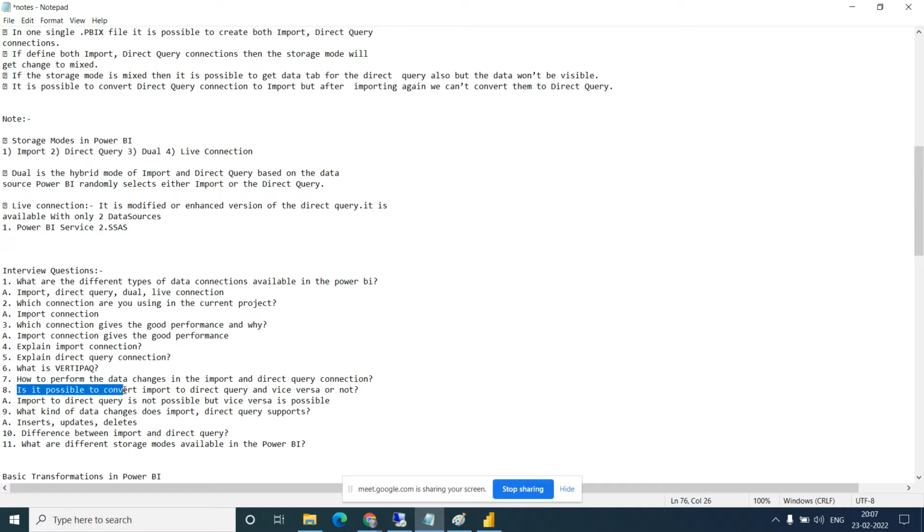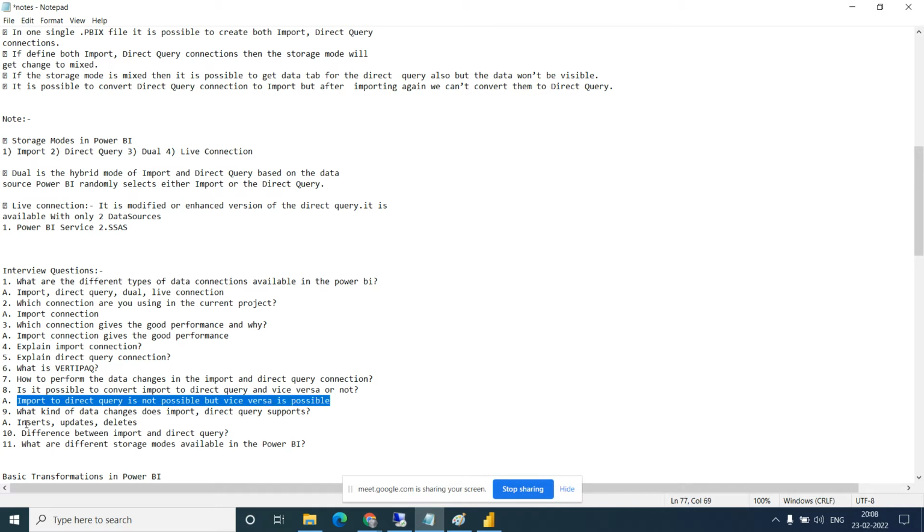So the questions are the same, only the method of asking is different. Is it possible to convert the import or direct query or vice versa? Dinesh, is it possible to convert the import to direct query? Yes. Direct query to import is not possible, but vice versa is possible.